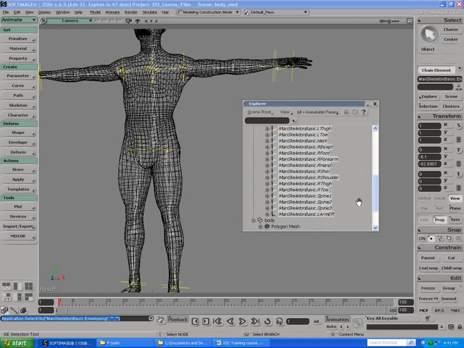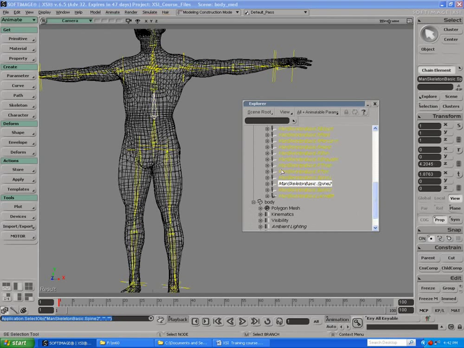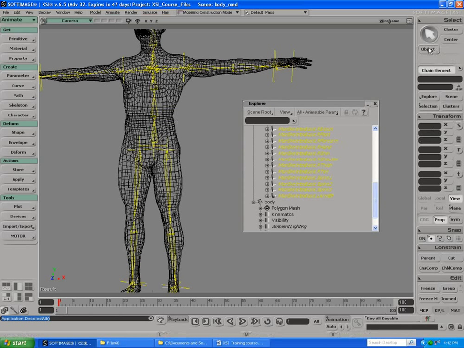So most things you wanted to join to, and I think there may be one extra thing in there. This is just a group. So what you can do in this case, instead of picking each joint one at a time when you go to enveloping, you just pick the group. So we pick the geometry, go back to object,